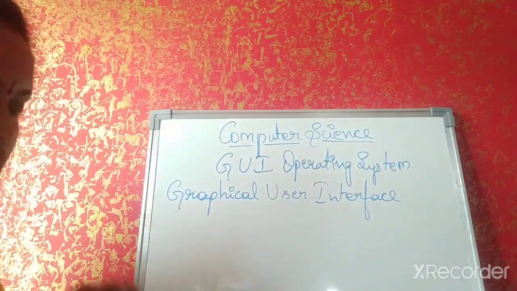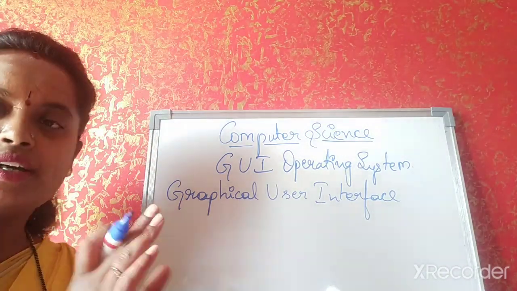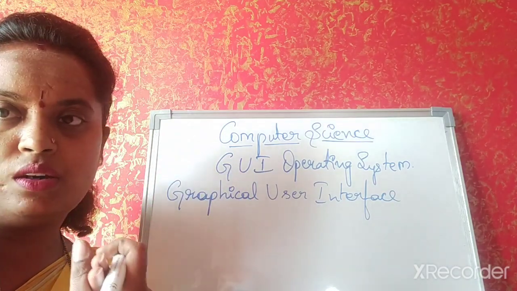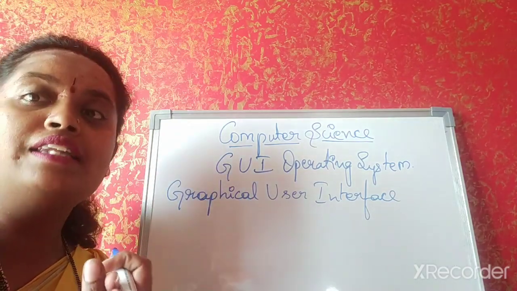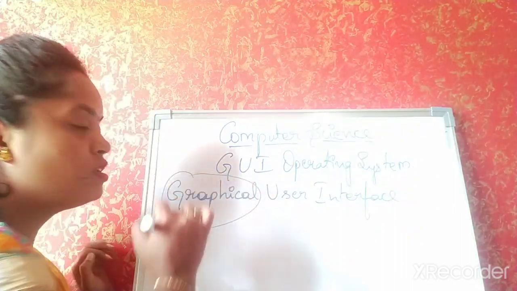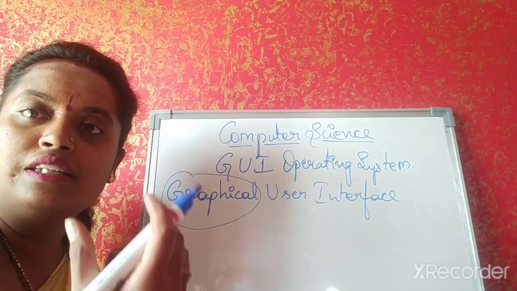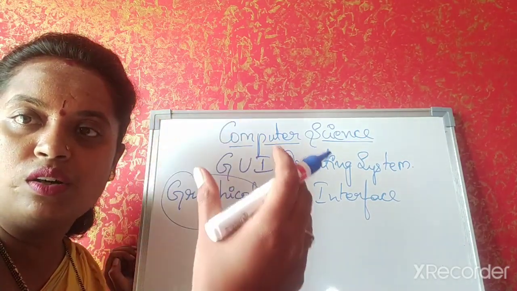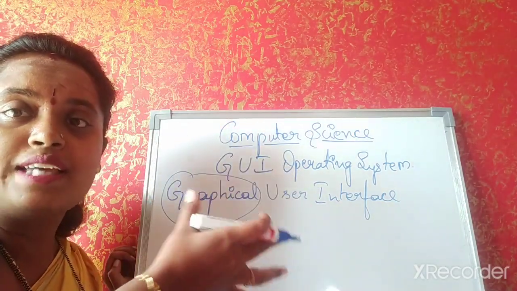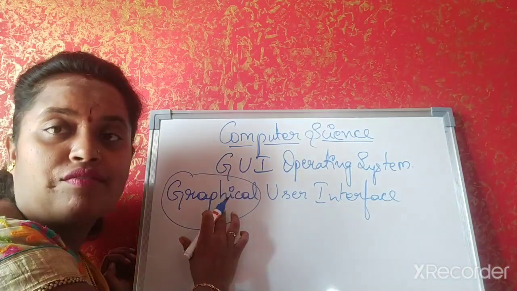What is this graphical user interface? Once you turn on the computer, you will be seeing many changes which take place on the screen, and that is because of the graphics. Like you can change the wallpaper, the screen paper, you can see different icons, different images, clock, gadgets. All these things are the graphics which work. Fine, so that's the graphics.